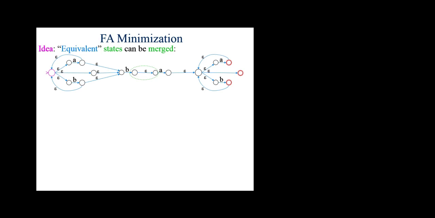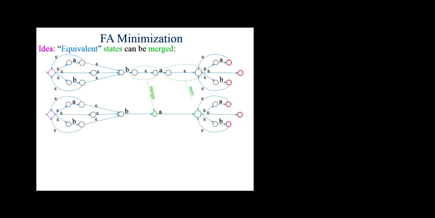Here's how we're going to do this. These two states here, with an epsilon transition between them, can collapse into a single state. How many can see that? Because it goes directly from here to here and to nowhere else. You might as well just make it one state and not bother making that unnecessary jump. So that's what we'll do. We can also collapse these two states into one state. When you do that, these two states collapse here and these two states collapse there. We merge them. And this machine down here is two states smaller than the previous machine, but it does exactly the same thing. It'll accept the same set of strings and reject the same set of strings as that machine up here. How many see that?